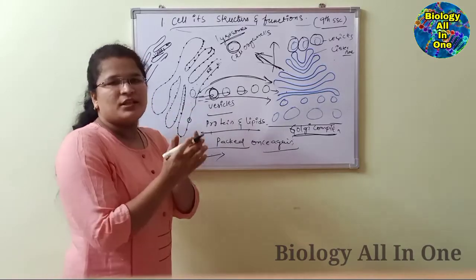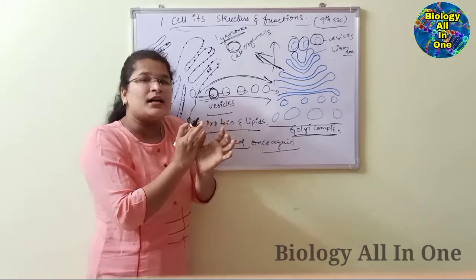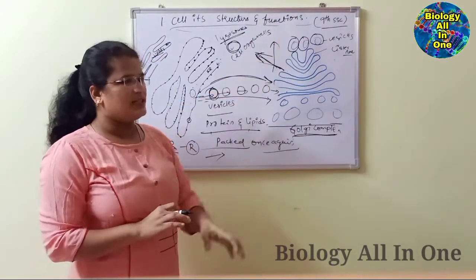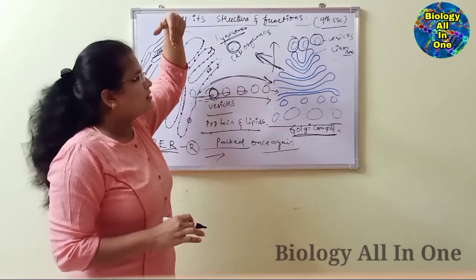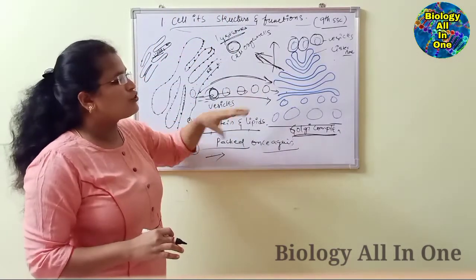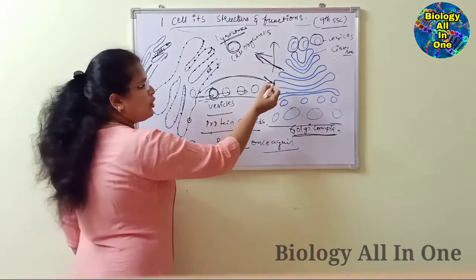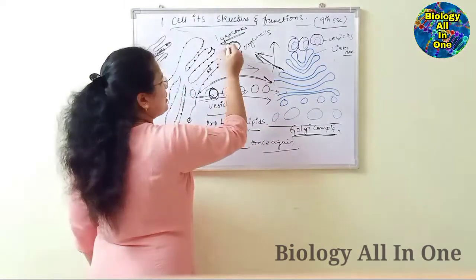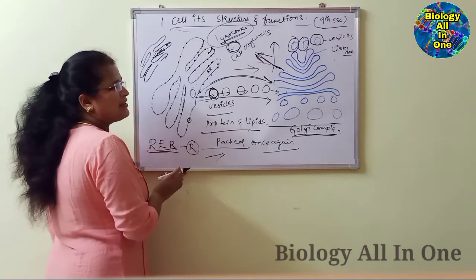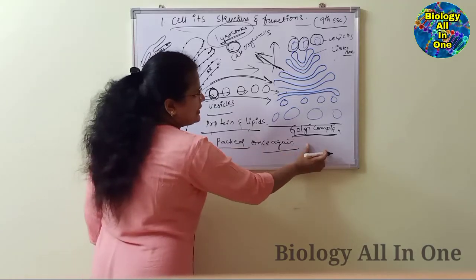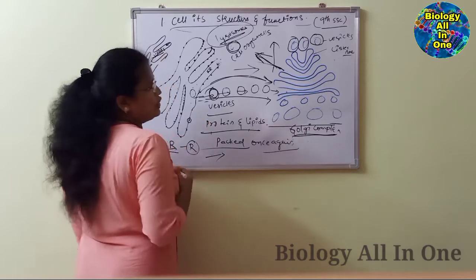Whatever the necessary components are, it will pass them towards the cell organelles where they are needed, or else it will push them towards the cell membrane. That means if they need to move out of the cell, they can be pushed towards the cell membrane also. And because of these two components, there is a formation of the lysosomes. Lysosomes are nothing but suicidal bags of the cell. Even in the plant cell, the Golgi complex is present. We call that Golgi complex by the name dictyosomes.